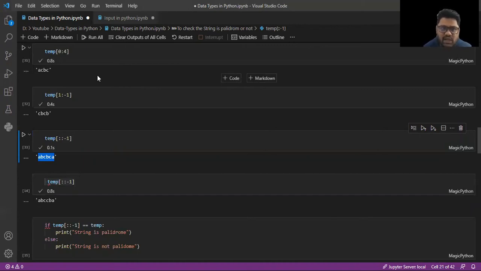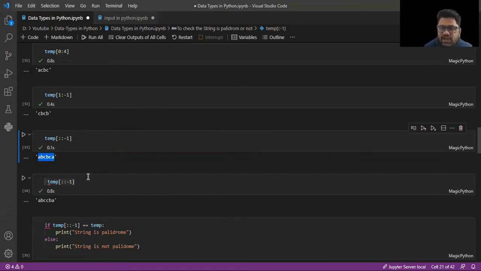In the list we will cover all these indexing things. But here you can just see that if we give colon -1, the string will be reversed. The same thing we can apply to the list data type as well. If we want to reverse the list, then also we can use this type of indexing.